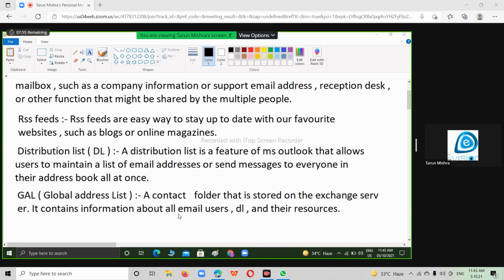If you send a mail through a GAL, all the users will get the mail, because GAL is a global address list. Right or wrong?